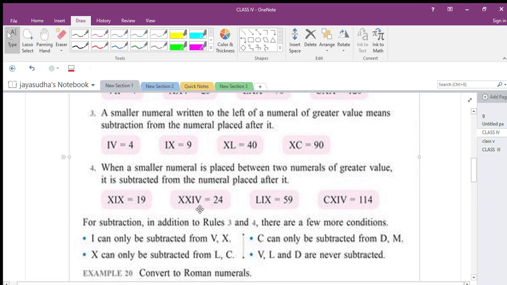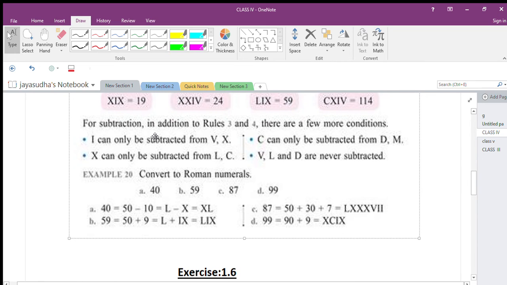Okay, these are the two ways you read the numbers. This is 50, already you know. This Roman numeral is 9. So 50 plus 9 is 59. Are you okay? Then listen, C is 100, X is 10, and this is 4. So 100 plus 10 plus 4 is 114. Are you okay, children? Now move on to the next rules.